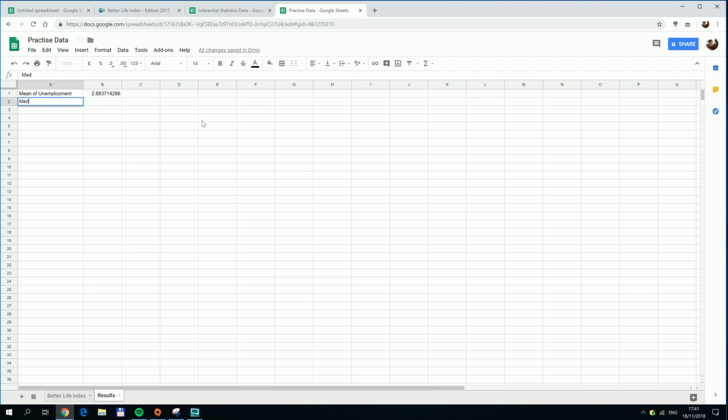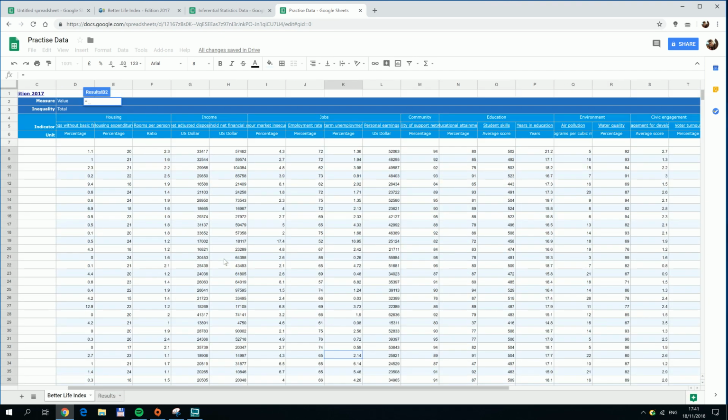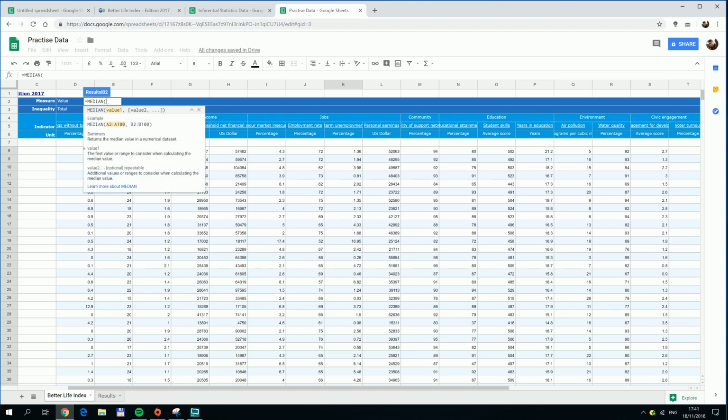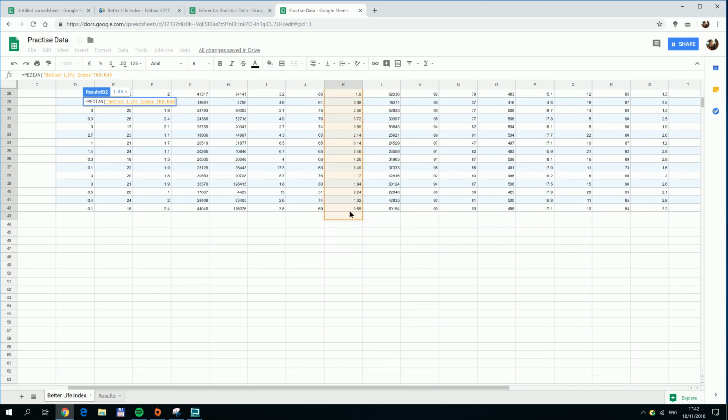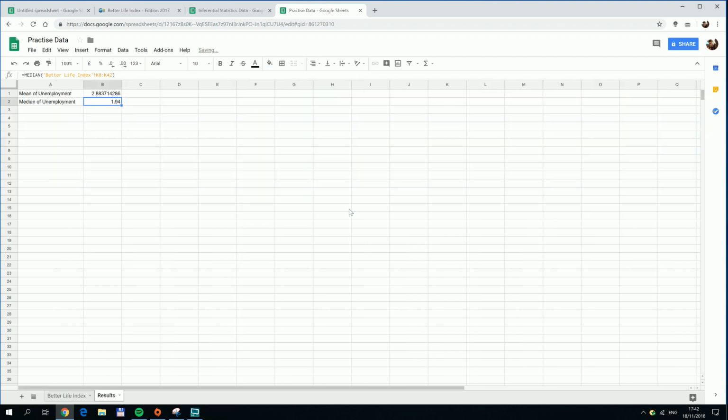So if I want to do a median, which is the middle value of, remember this is just a label for me, it doesn't really matter what I type in here, it's just text. But here I type in equals, go to Better Life Index, I want to do a median. So this lists the function, it tells you this is a median, I select median. Also it tells me how it should look, the same thing, just select a list of values. So I want to do a median of long-term unemployment, hold down, drag here, click enter, and it gives me